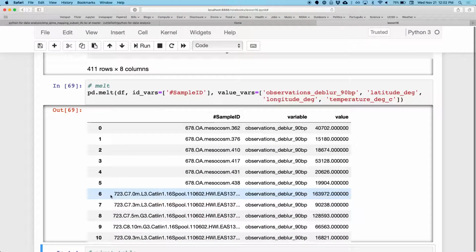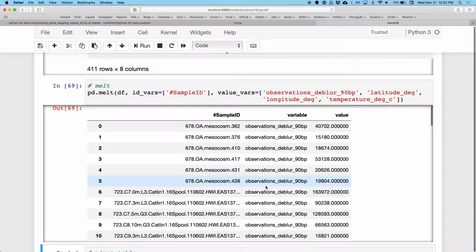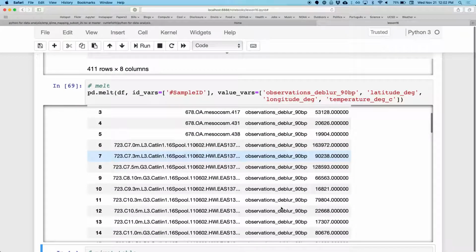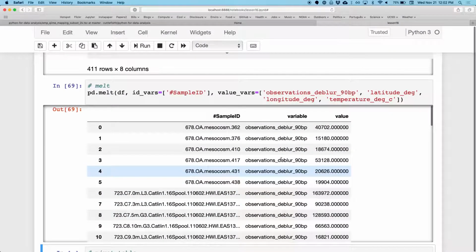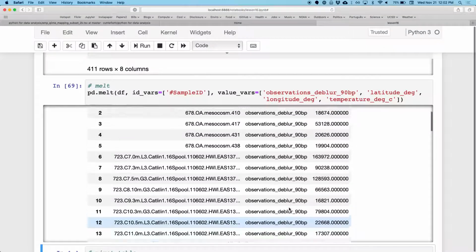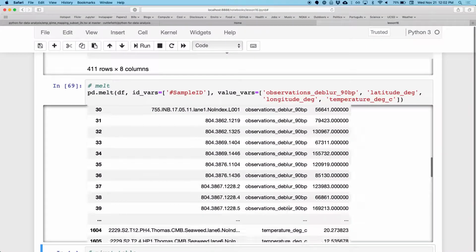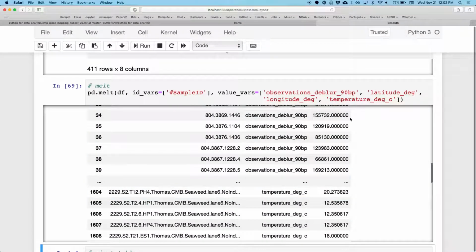What this is going to give us is, first, for this first value variable, all the sample names there. Each of these is a unique sample name, and we're going to see all the values. And then if we scroll down, we're seeing our last set